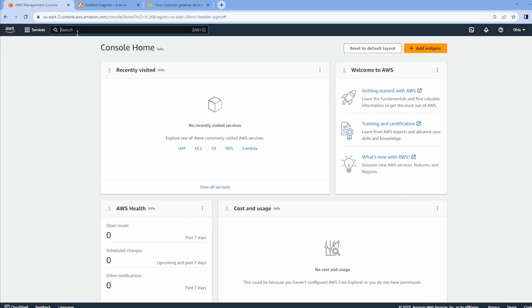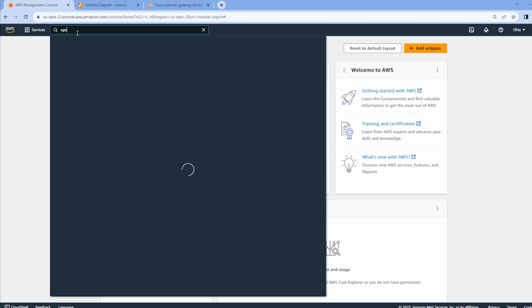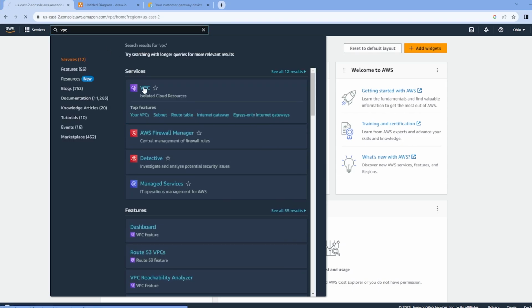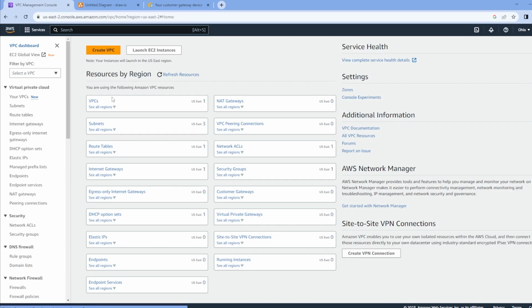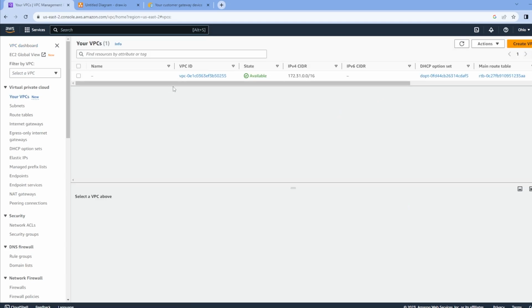What we're going to do is create an EC2 instance as well as your VPC. Your VPC comes first and then the EC2 comes next. So you just type in VPC, click on that, click on VPCs. This is a default VPC. We could use this, but I'm going to create a completely new one just in case you don't know